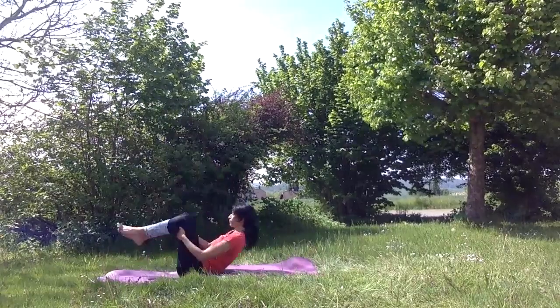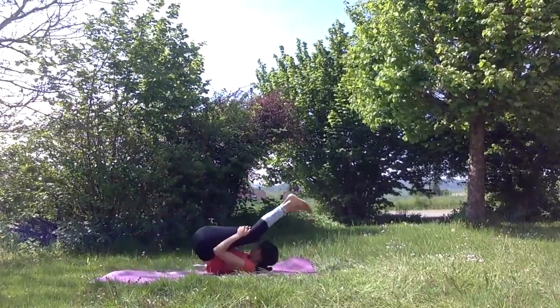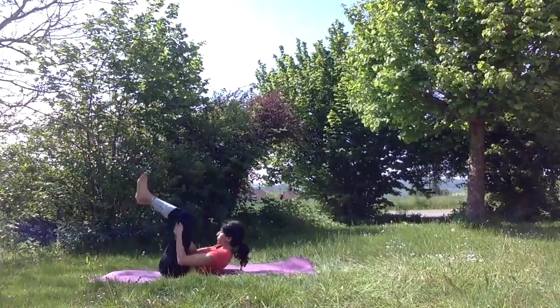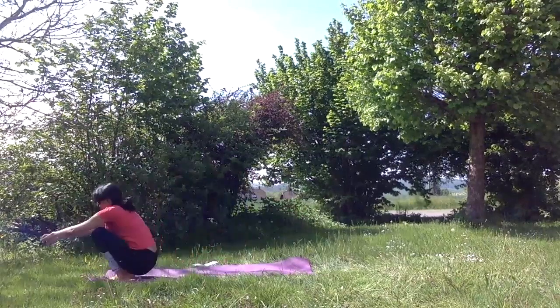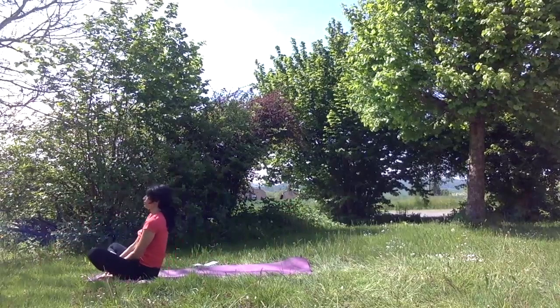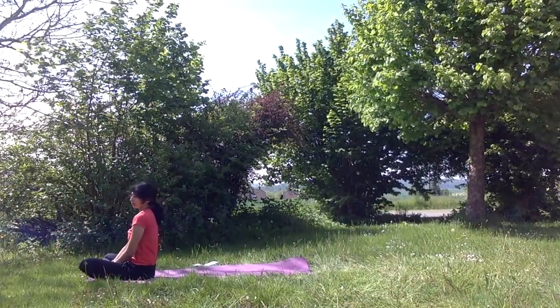From here you can go straight into Shavasana. Otherwise, you can just take some gentle rolls front and back to massage your back, holding the backs of the legs. Do these as much as you need to. And when you're ready, you can proceed to a very short